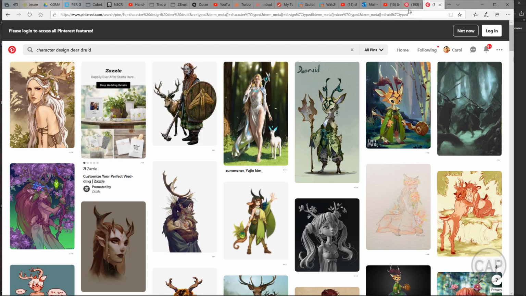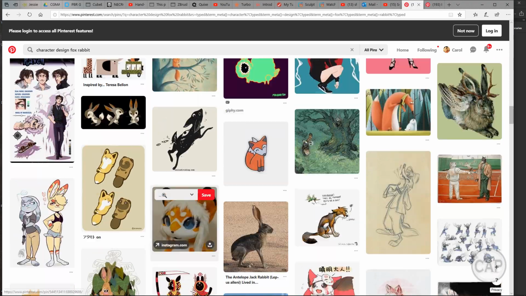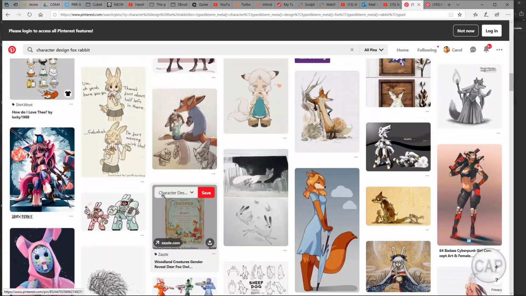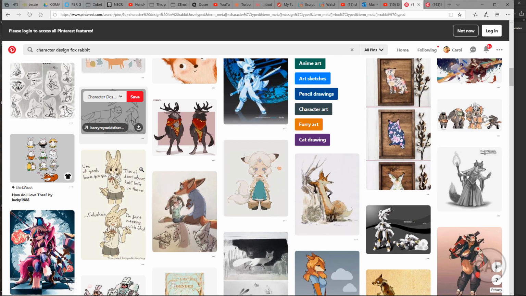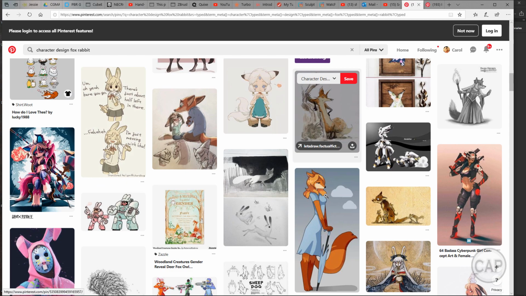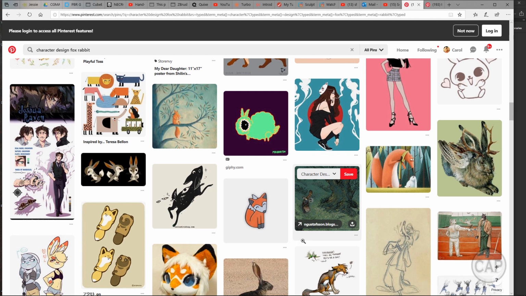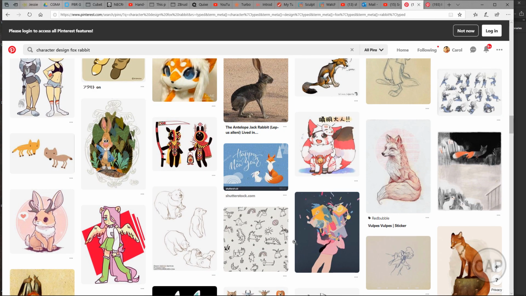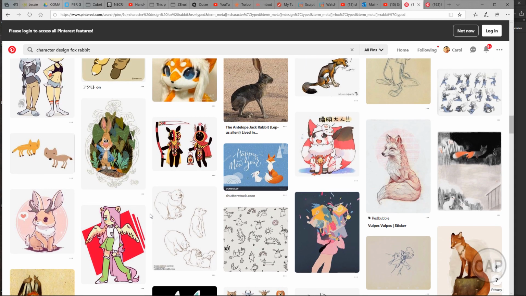So what I was looking for was combining some kind of an animal or two with some human qualities, and I really like foxes and I like rabbits also, so I like the foxtail, rabbit ears, and some of the other qualities of their faces, the lengthiness of the body. So in thinking about my character, I want it to be a little bit on the timid side, clever, which is where the fox kind of comes in, and it can also be brave when it needs to and defend itself. It's going to have some magical qualities to it as well, which is sort of why I brought in